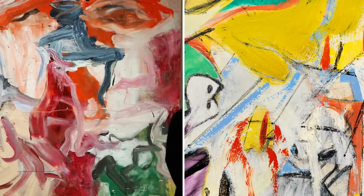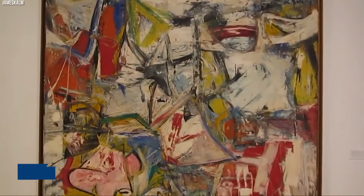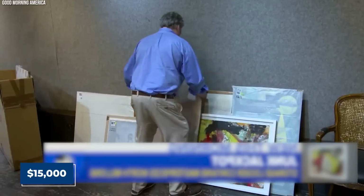The final painting sold for $270,000 and $240,000. David said the massive sale was a testament that people trusted its legitimacy. The works are believed to be from the 1970s, and this gamble of $15,000 definitely turned out to be worth